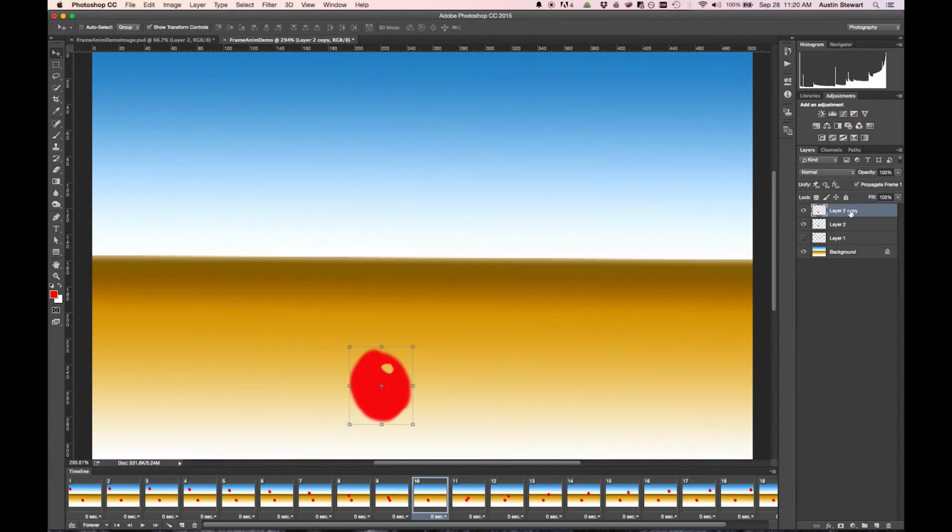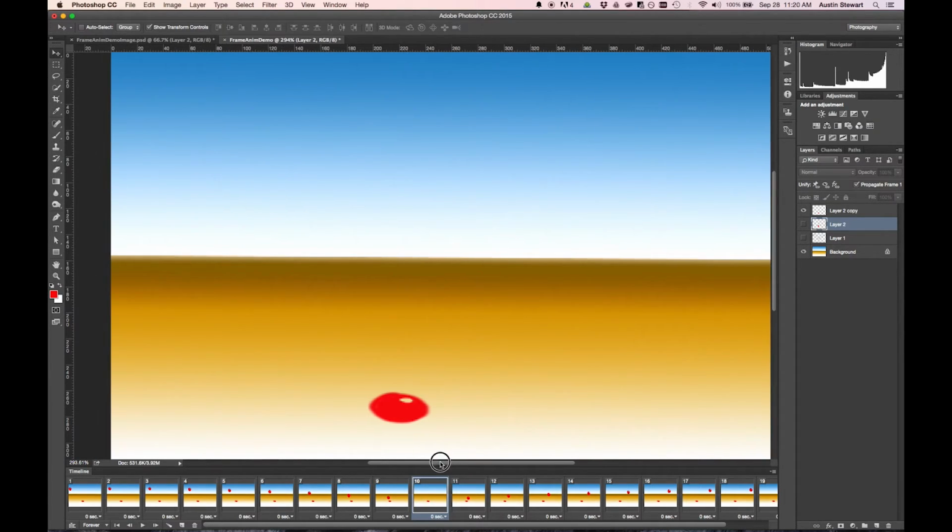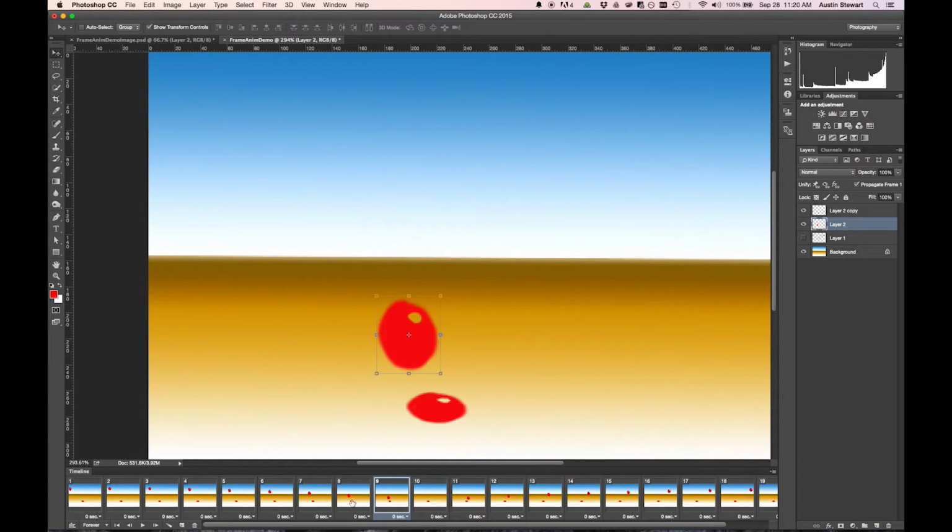So I've got layer 2 copy, and in this frame, frame 10, I want layer 2 copy to be smushed. Right? So I'm going to smush it down. So now you'll see that I actually have layer 2 still visible in this frame. And so after I've set this transform by double clicking on it, I'm going to go ahead and turn the visibility off of layer 2. So now you can see that in this frame layer 2 is off, but in every frame I've got this